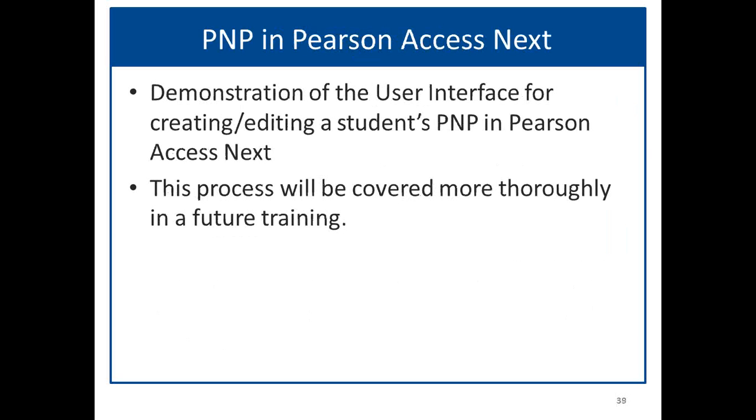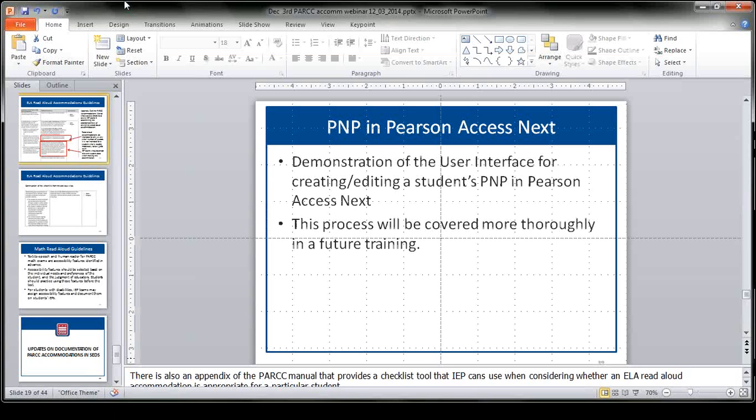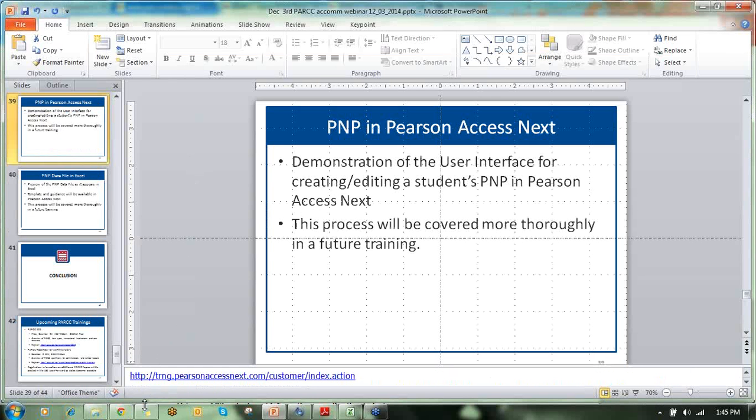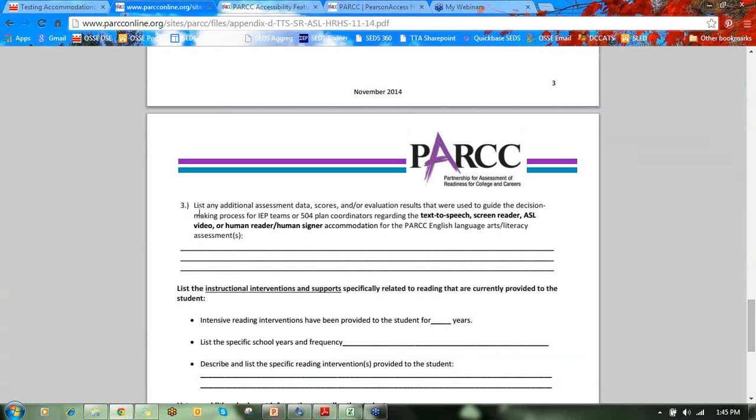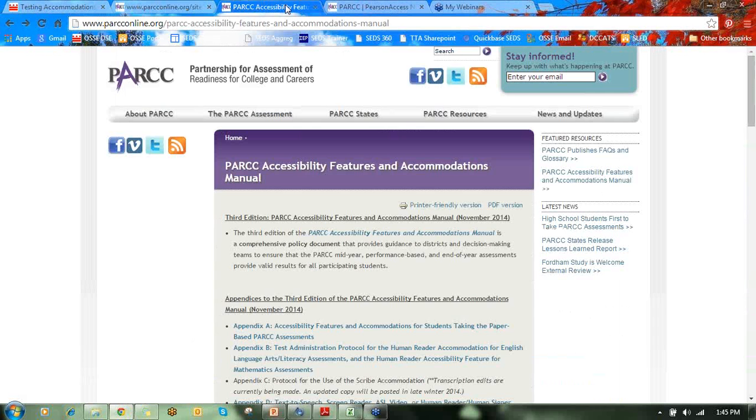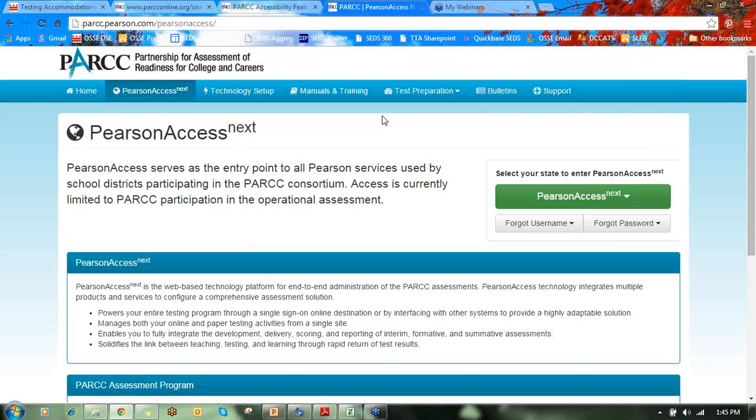So first, I'm going to show you very briefly what it looks like in Pearson Access Next when you use the user interface to see one student's PNP. And as I mentioned before, we are going to cover this more thoroughly in a future training, but just so you have an example of what I'm talking about here, because I know it's hard to grasp what we mean when we're just talking about it on a PowerPoint. So I'm going to bring up here this website,